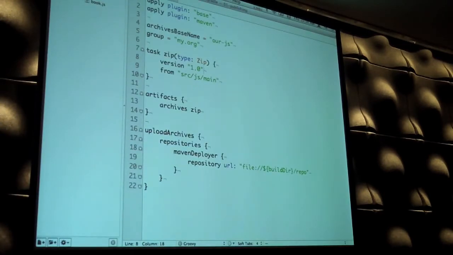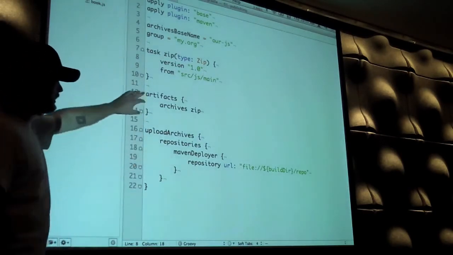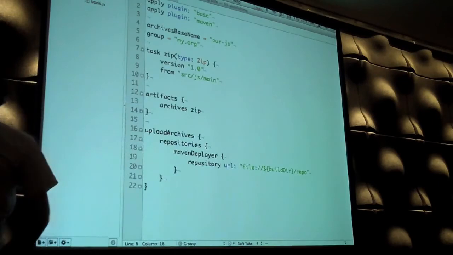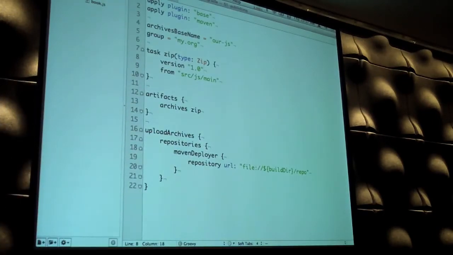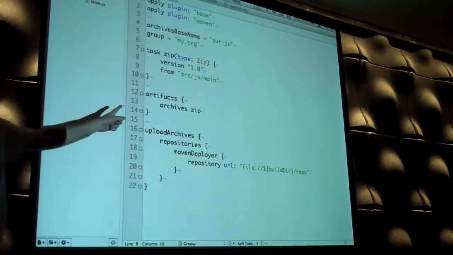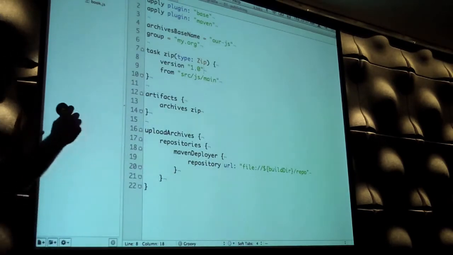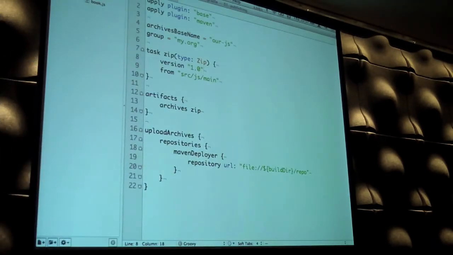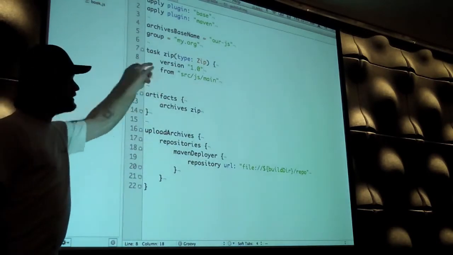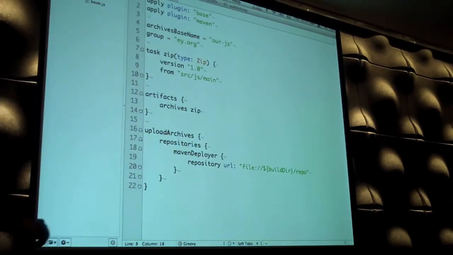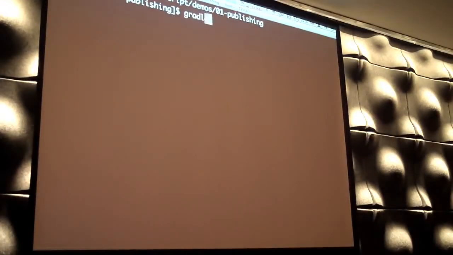Then we're going to create a zip of all of our JavaScript. You've got a zip task. Use the Gradle DSL to specify that this is something we're going to publish. What we're saying here is that there is a container of things to publish called archives. That's actually coming from the base plugin. It's creating that for us. This is a container of things that I can publish called archives. What we want to publish is the zip task. Sorry, the zip up here. And that's all I need to